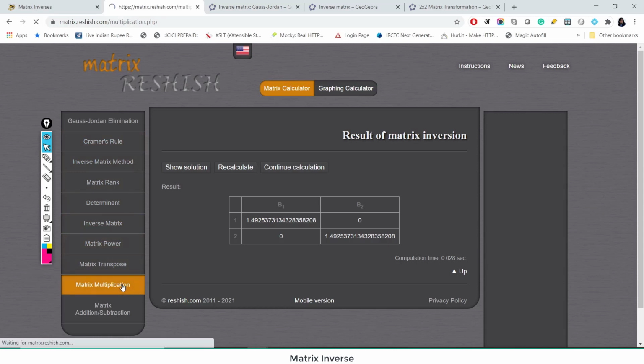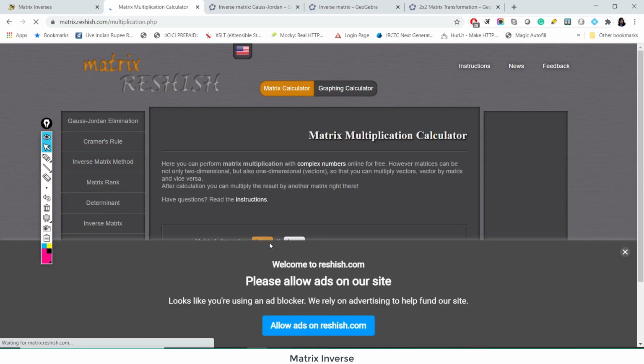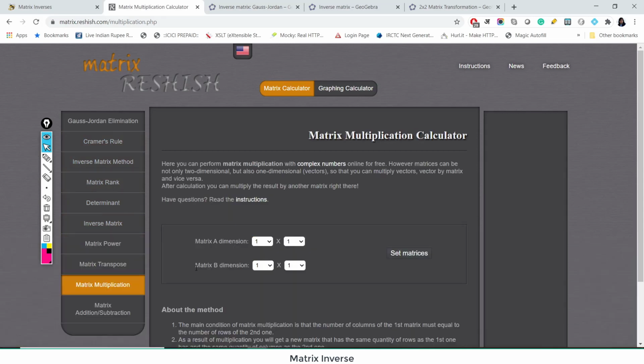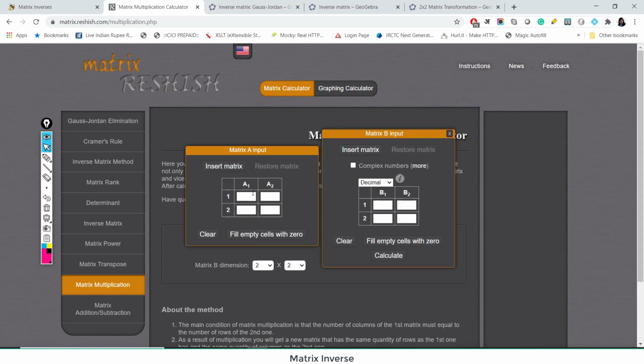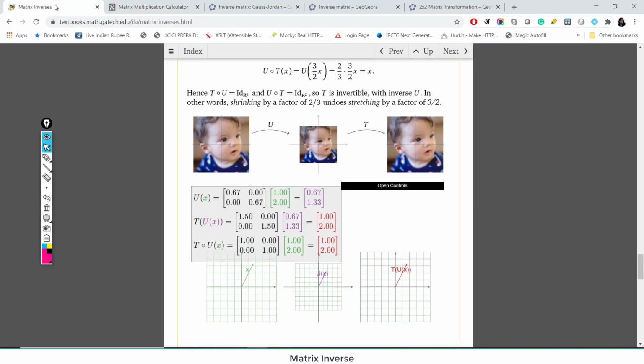So here we have matrix multiplication. I want to give the dimensions of all the matrices. Both the matrices are of dimension 2 by 2. So we need to set it 2 by 2. And this is automatically filled because of the conditions of matching dimensions. Now the elements are 0. What was that? 65? Let me see. 67.